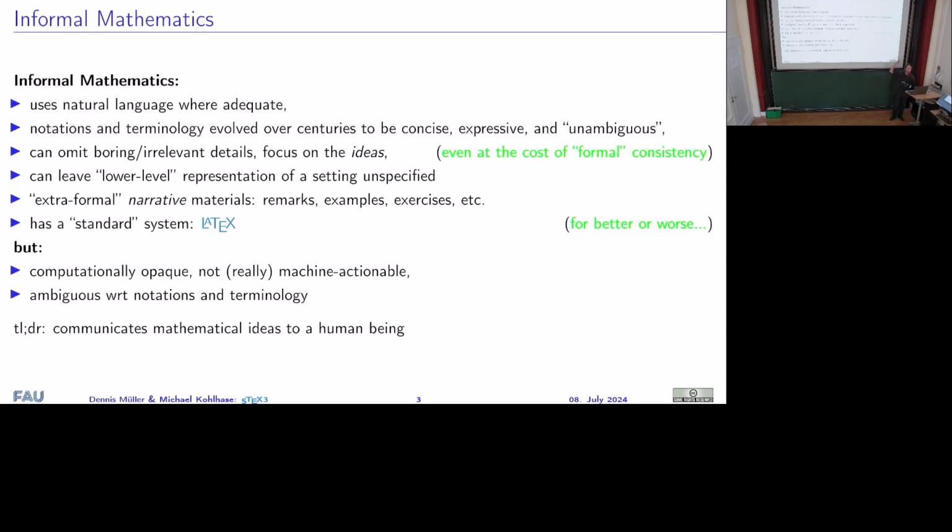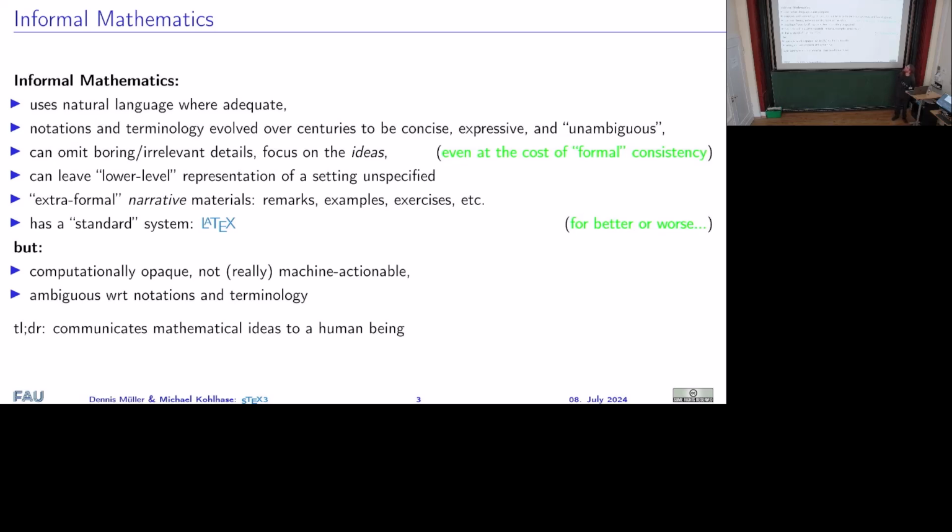Take that with a grain of salt. It's been a while. I might be saying nonsense, but you know these kinds of situations. We often, in informal mathematics, write things that are technically not correct and might even be inconsistent, but we all know that there is a way to make that correct and therefore it's okay. And it allows us to focus on the stuff that we actually want to communicate, which is usually the idea behind a proof or the intuition behind the definition, these kinds of things.